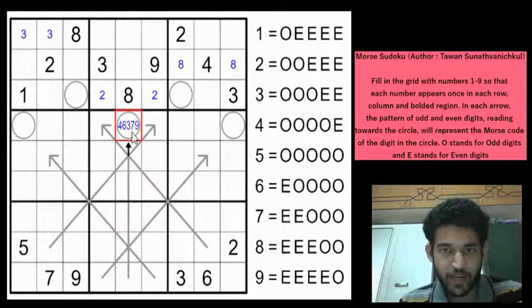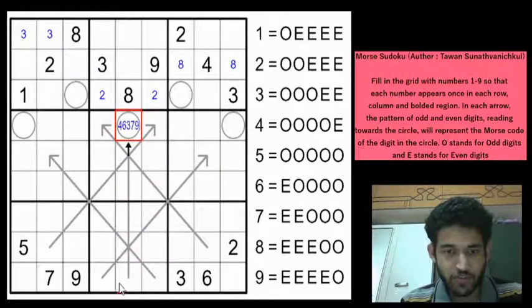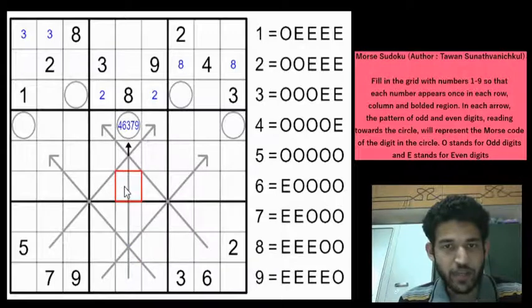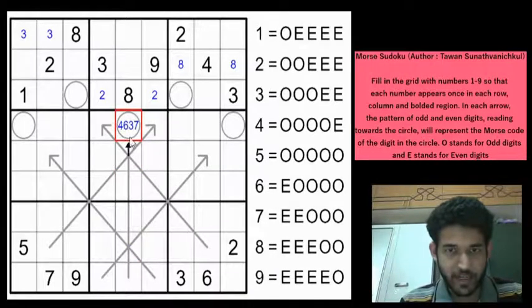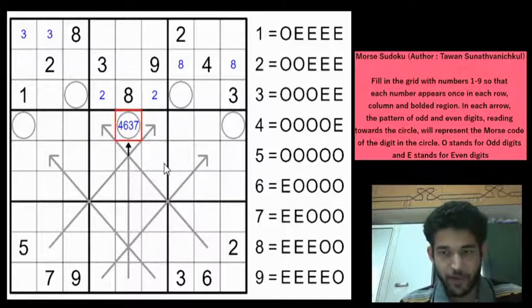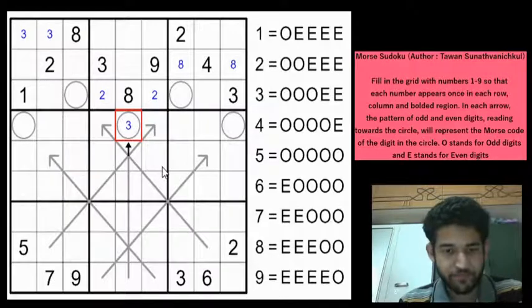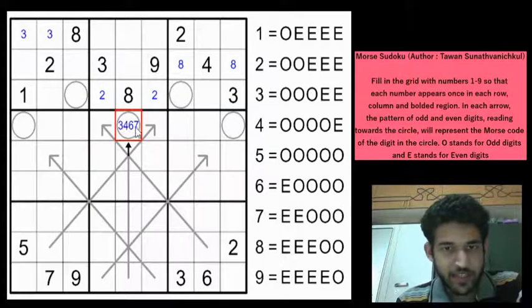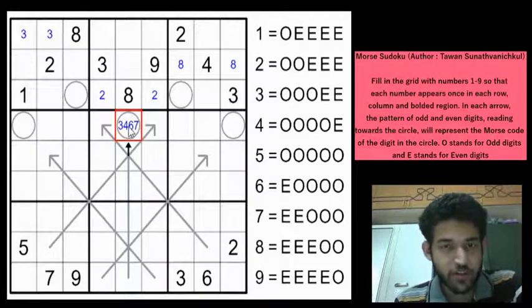Can we have a 9? 9 is out of equation because that gives you 4 evens and you already have an 8 here. That will take a total of 8 evens. So we can eliminate the 9 as well. So the only possibilities here are 4, 6, 3 and 7. We can rearrange it to write 3, 4, 6 and 7. Now the next step to see is there is nothing which is giving any information because we have 4 candidates